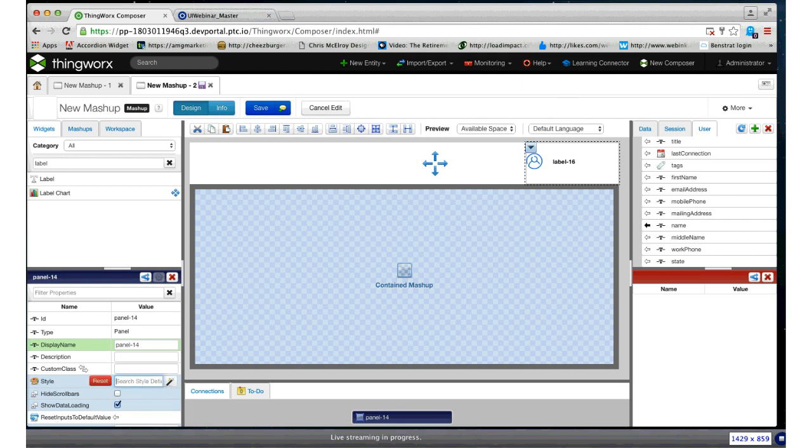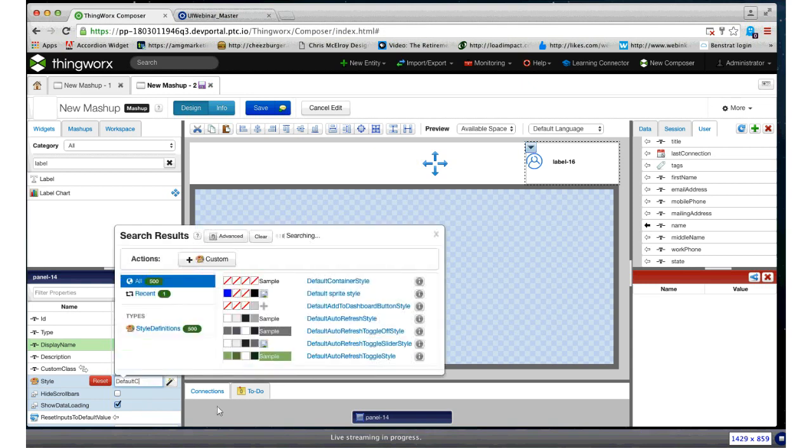Okay. Oh, actually, alt container. Okay. So with that in place,